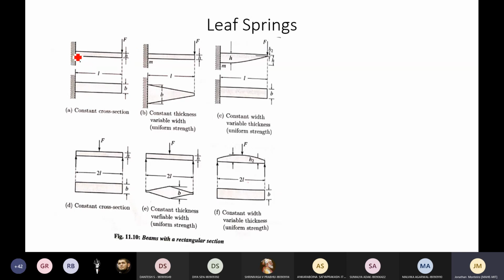See, any plate for that matter, a cantilever beam for that matter, can act as a spring. This one is just fixed at one end, the left end, and to the right end you apply a force, with a certain length and a certain dimension. Of course you will get some deflection over here, obviously being the maximum at the end because it is a cantilever beam. So you may get a profile something like this. This will be the total deflection of this constant cross section spring.